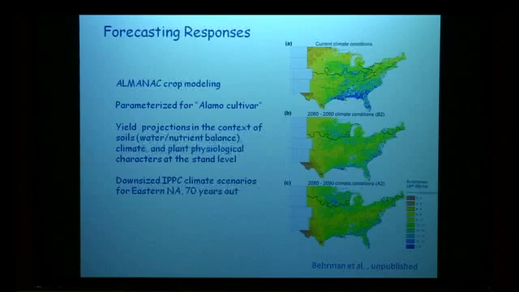So we've been playing around with this using some existing crop modeling systems, including Almanac with Jim Canary, a USDA researcher in Temple, Texas. And we've been parameterizing his Almanac model using one of the dominant cultivars of switchgrass, Alamo, and basically making yield predictions in the future and across space in the context of what we know about soils and water nutrient balance, the climate in those conditions, and what we know about Panicum virgatum, basic physiological characteristics at the stand level. And we've been using some of the existing IPCC climate scenarios to try to project performance in the future under climate change. Again, these are just some really early efforts, but there are some interesting things that pop out to me from these simulation studies that I think could potentially direct our work or also